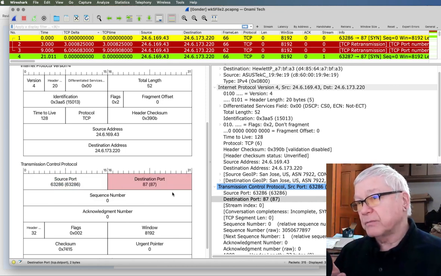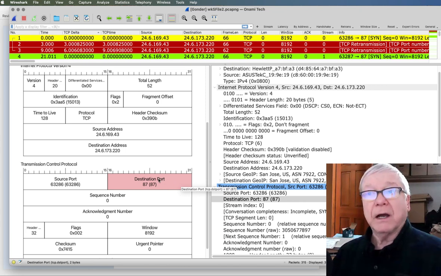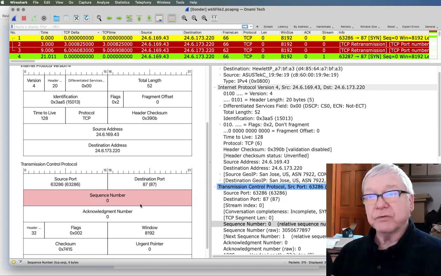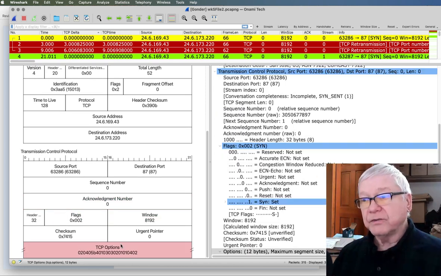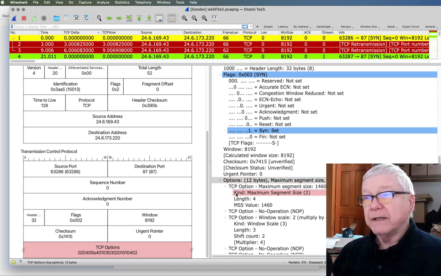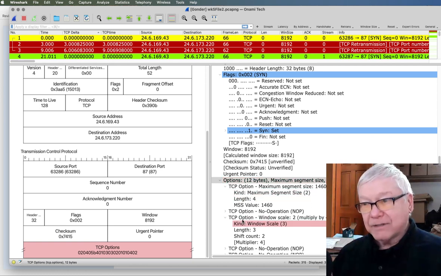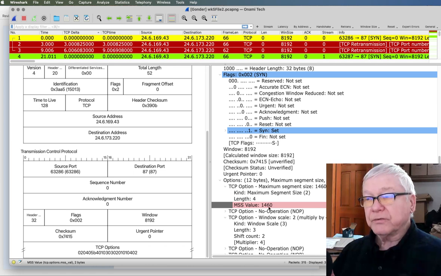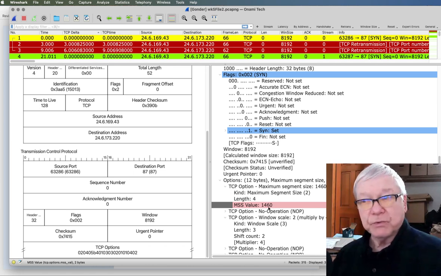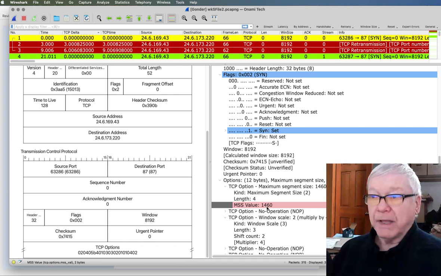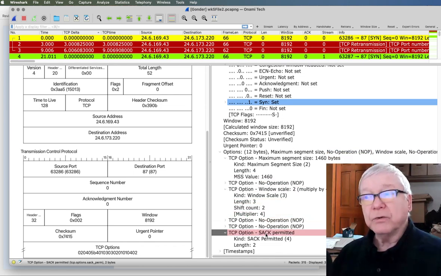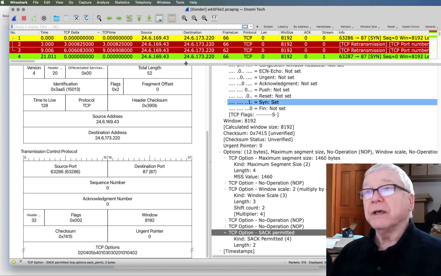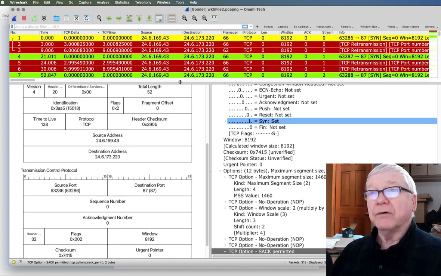At this offset position, they will represent our destination port, our sequence number, our acknowledgement number, our flags, our window, our TCP options, and at each offset in that section of the data stream, we'll understand that the ones and zeros are supposed to represent the MSS value, or the window scale, or the yes or no for do we do selective acknowledgements. Now you get more of an idea of how that works.